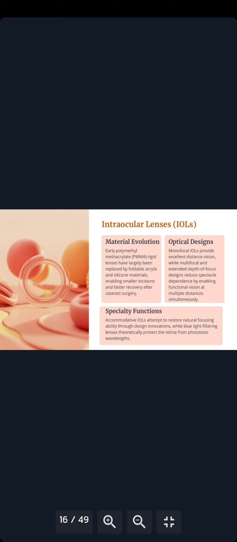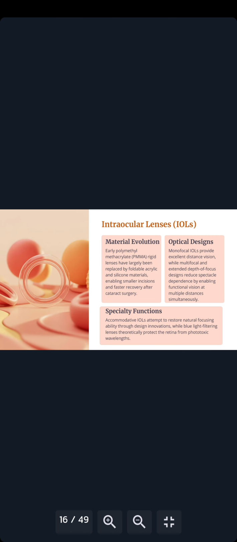The material was polymethyl methacrylate, PMMA, rigid lenses, largely replaced by foldable acrylic and silicone materials. I will show you. This enables small incisions and faster recovery after cataract surgery. You take out the disrupted lens, and you put this lens in through a little incision